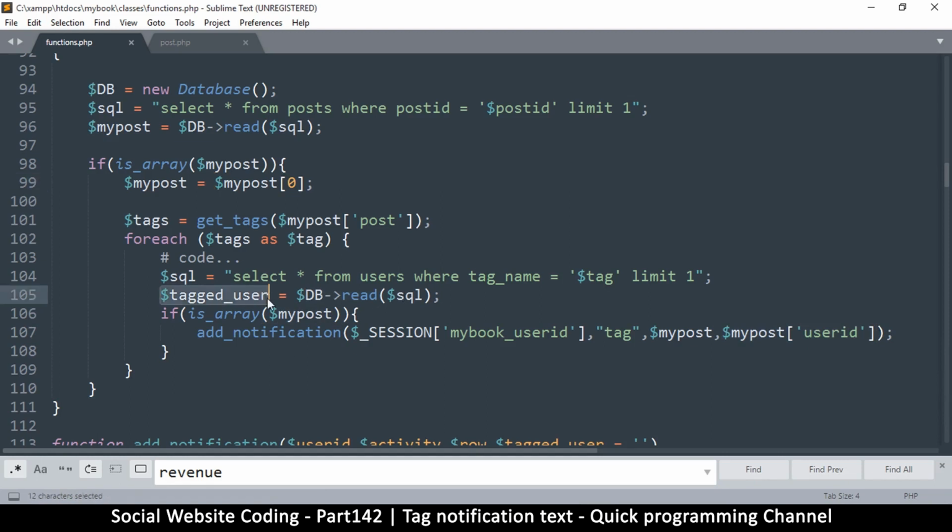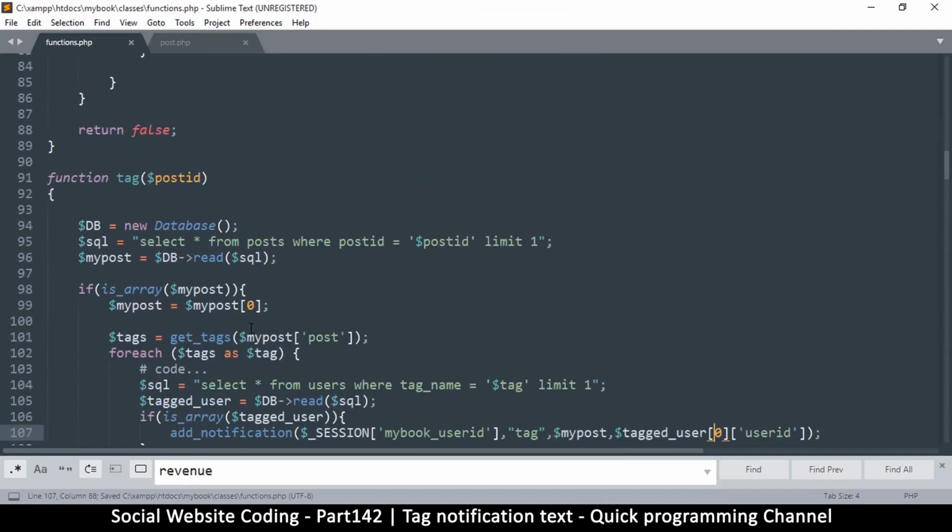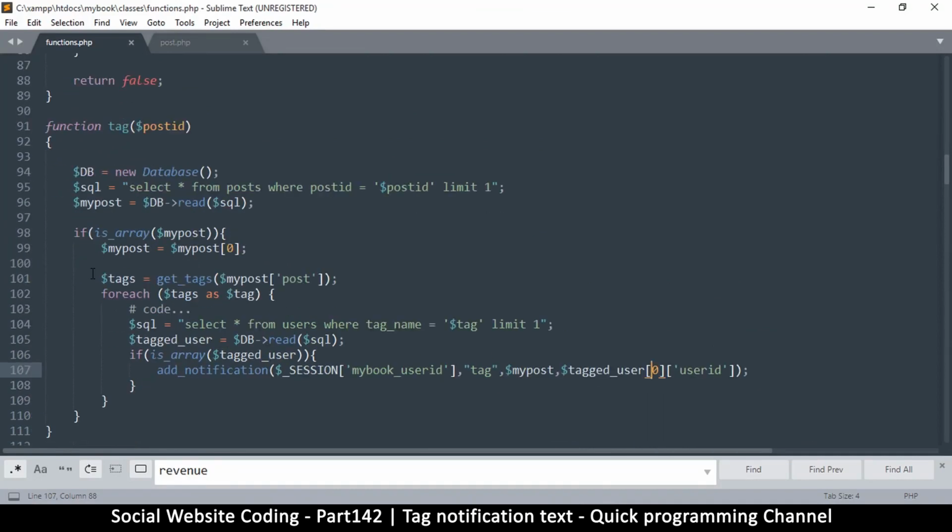Now this one I had copied from that side, so I just need to make sure that it's tagged user I am pasting there. Then let me put a 0. So this is exactly as what I did there, but I'm just doing it inline there. Okay, so this should suffice so far. So tagging people, we tag them. And then since we have this function here that returns the tags, I can just copy this get tags,